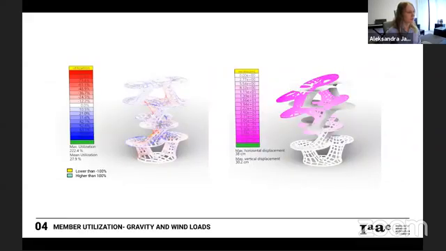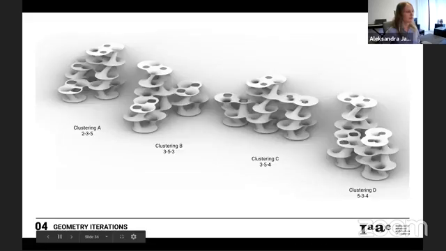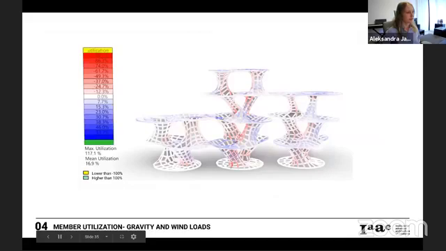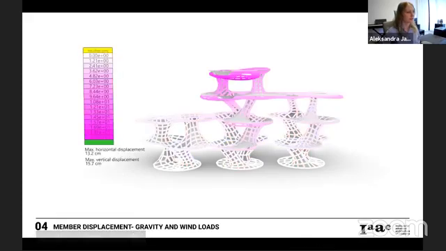We first looked at one module, and we identified the problem that one standalone module will have quite significant horizontal and vertical displacement, as well as high utilization. So then we started clustering the modules so that the platforms can be joined at each level. Then we analyzed this clustered geometry, and it performed better in terms of utilization, but we also minimized the deflections due to wind. Now the highest deflection occurs at the top floor